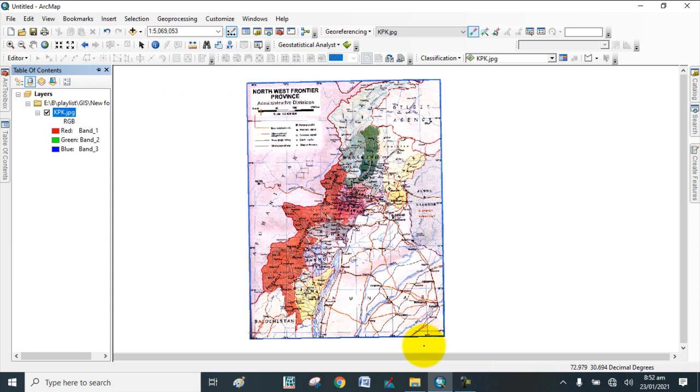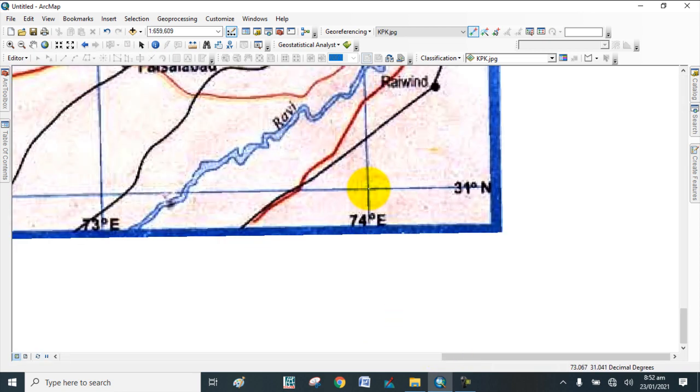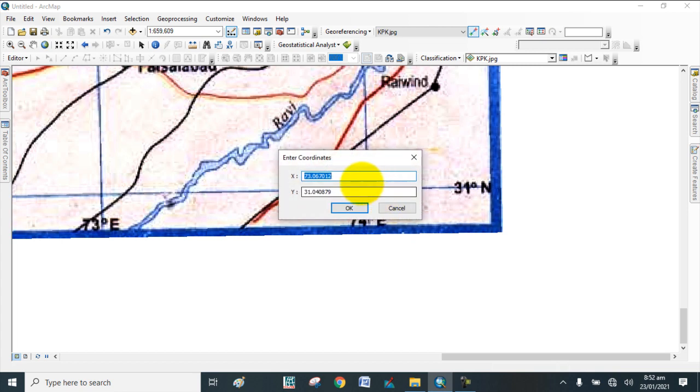Zoom it. Here is the intersection line. 74 and 31.